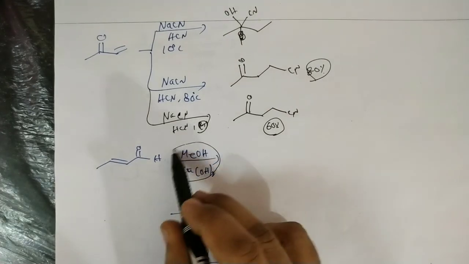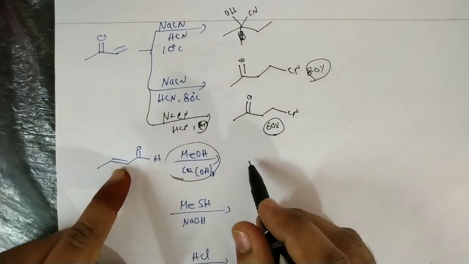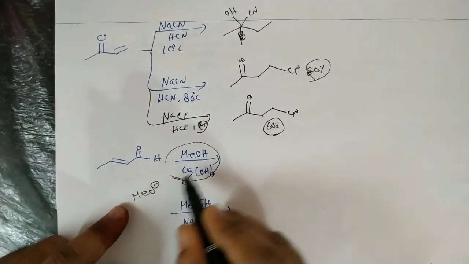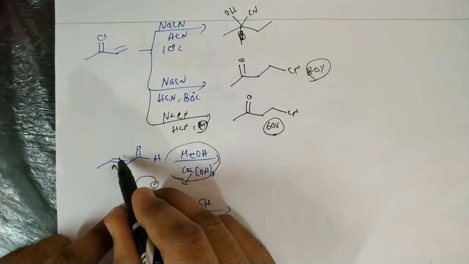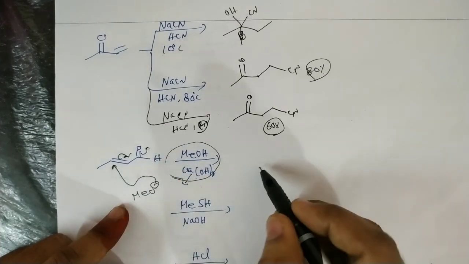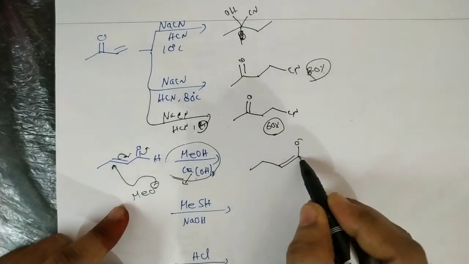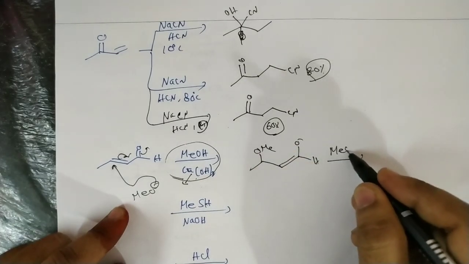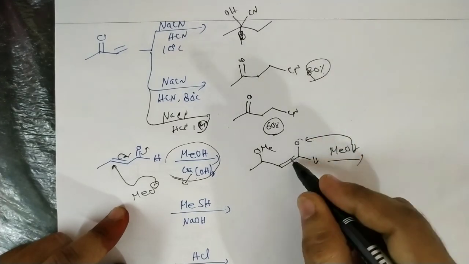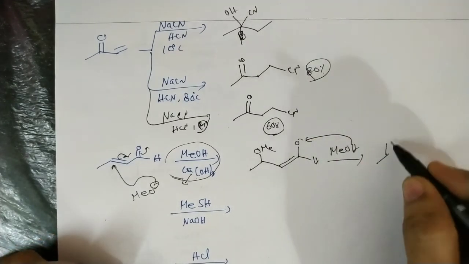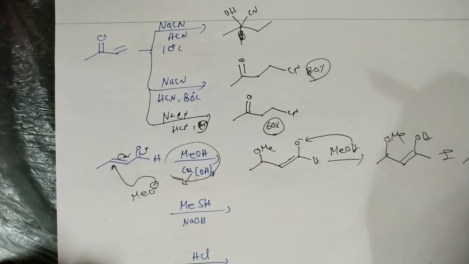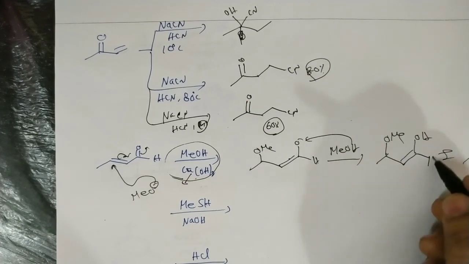So now methyl alcohol also is involved in the conjugate addition reaction. What is the requirement of the base here? It can produce a methoxide ion by an acid-base reaction. So that methoxide attacks here, transfer of electrons, and then followed by ionization. So O minus, H, and OMe. Next, this one accepts the proton from the alcohol, so we'll get the enol. That enol is converted to the keto form, double bond O, here OMe. That is a conjugate addition reaction.